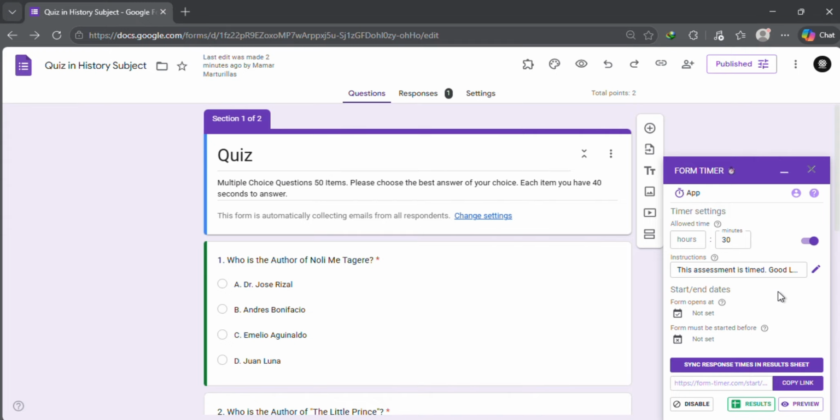Okay. Then we need to click sync to the time response so that everything is set in the Google Form. So that's all, and